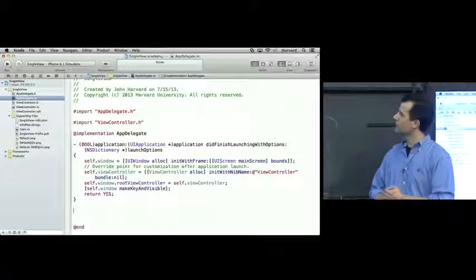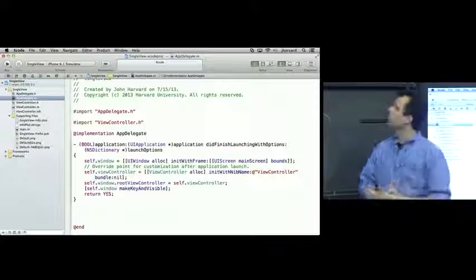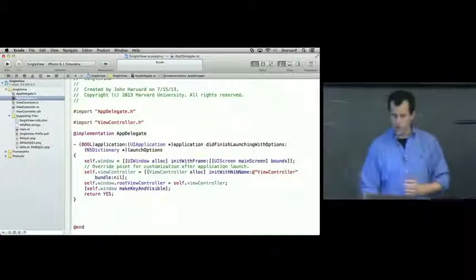So first it's allocating a window. It's initializing it with a frame. That's just referring to the rectangle as we keep describing it. View controller gets, so here is where we are